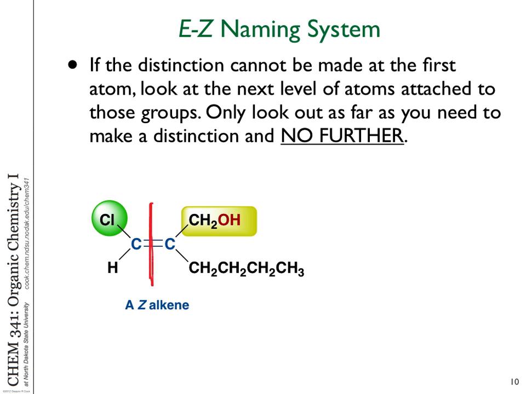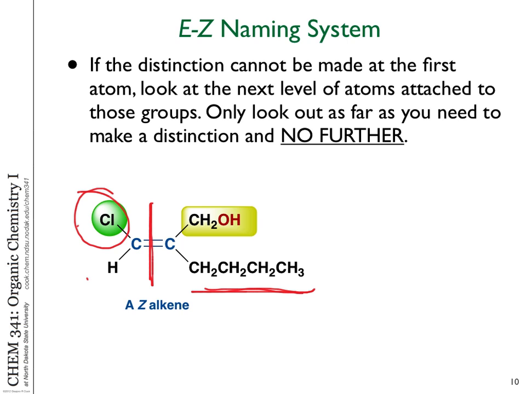Again, the left side here is pretty easy. I've made it simple in this example. Hydrogen versus chlorine. The chlorine will have the higher priority. But in this case, it's the smaller carbon group which gets the higher priority, not the larger carbon group. Even though there are 4 carbons down here, and it's a bigger molecule, it doesn't matter. By our systematic rules, we go out 1 layer at a time until we can make a difference or a